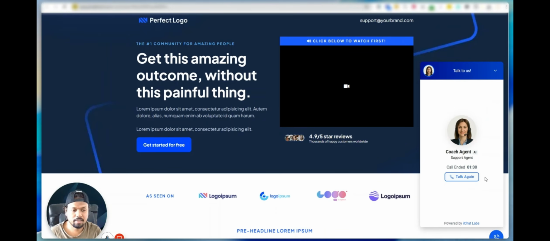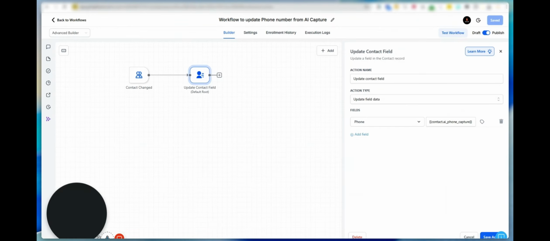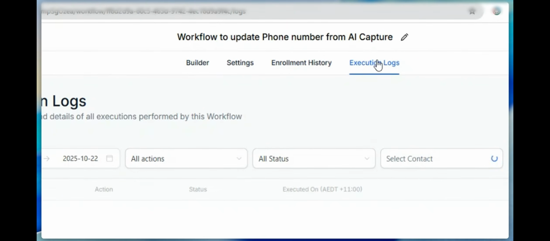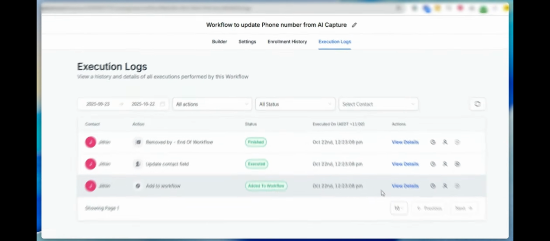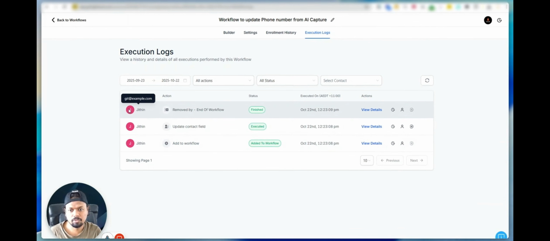All right, so that is the call. Now, if everything went well, we should have a new contact with the name and phone number and everything connected. The first thing we can do is go here and see if that has changed. I'm going to go into the execution log. You can see there's a new contact added in here. And if I go to this contact,